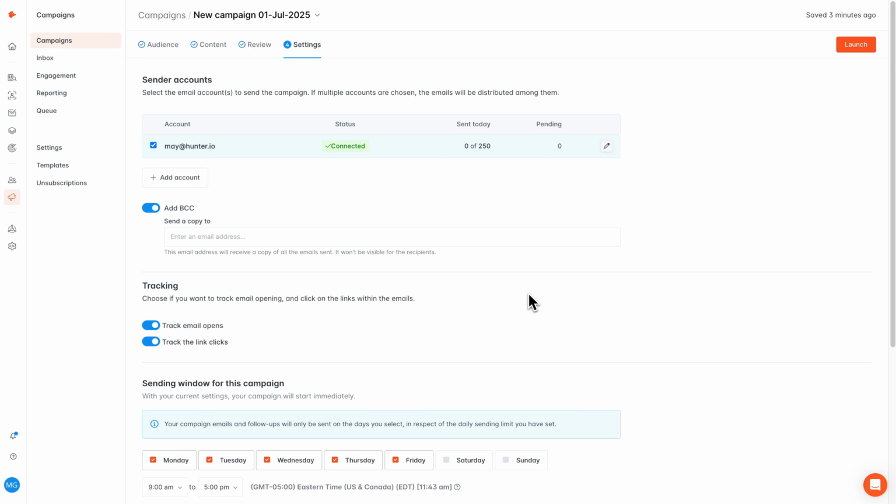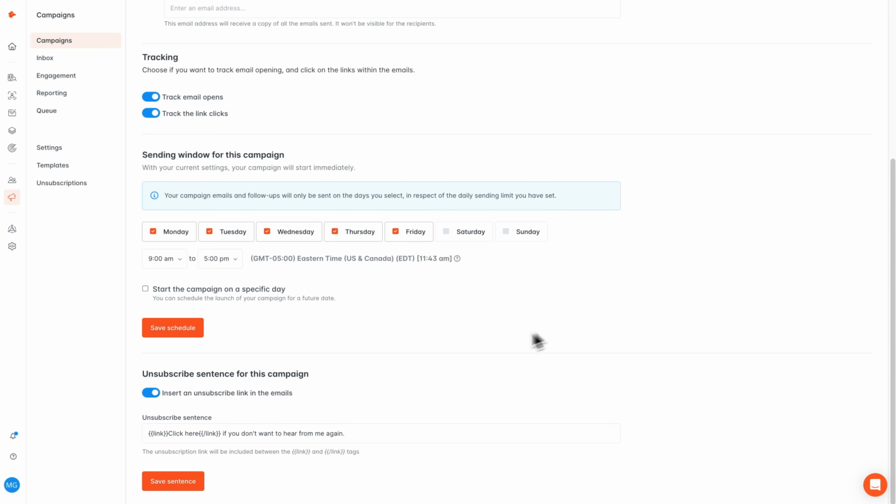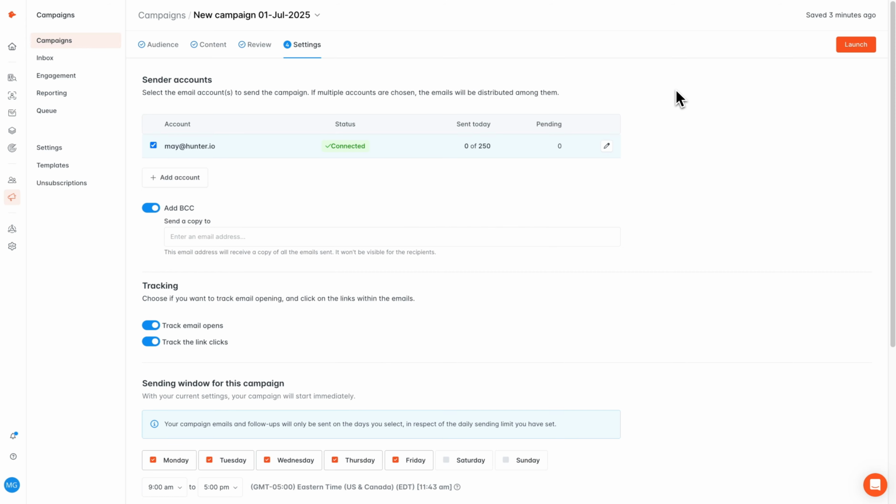Within the Settings tab, you can also choose which tracking you'd like to enable, if any, for your campaign, and you can choose the sending window for your campaign. Last but not least, an unsubscribe sentence will be inserted automatically to your campaigns, but you can edit or disable that here. Once your settings have all been reviewed and you're good to go, you can click Launch to start